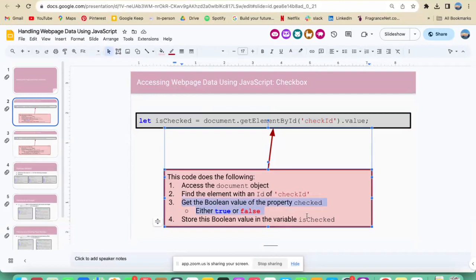So if you remember, we also talked about Boolean values. Just to recap on what Boolean values are, Booleans just mean true or false, on or off, or yes or no. So there's only two values for Boolean values, and they are the opposites. And then, over here in the isChecked,